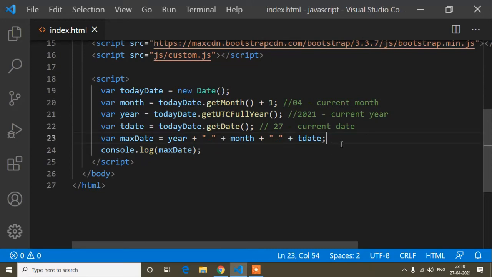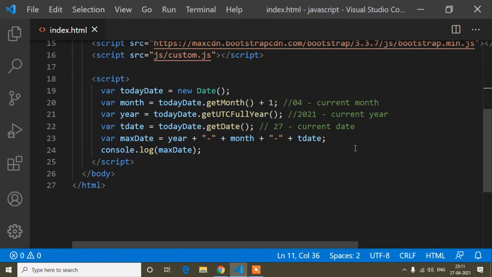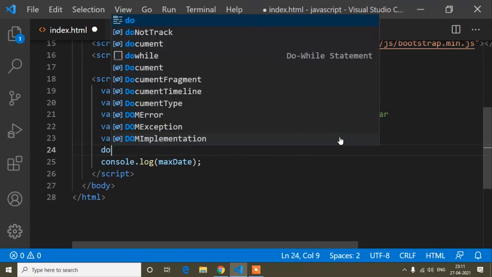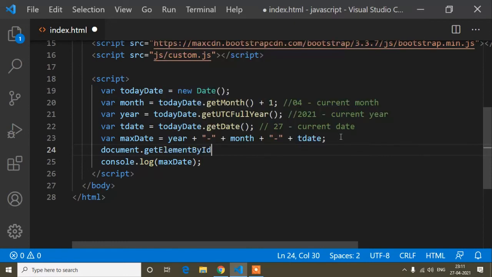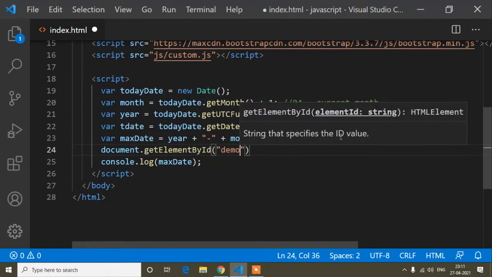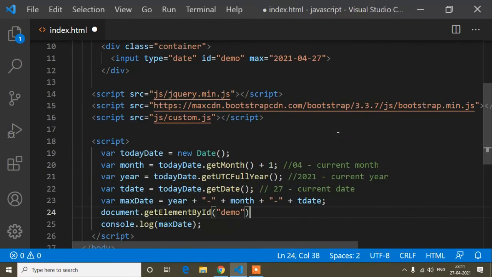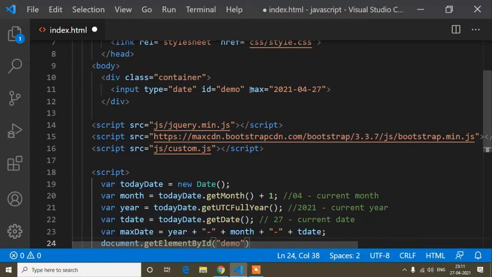So how can you set it? First of all, here I will write an id, so id equals demo. Okay, and now here I will write document dot get element by id, id is demo, and inside this demo id I will set an attribute dynamically, the max attribute.